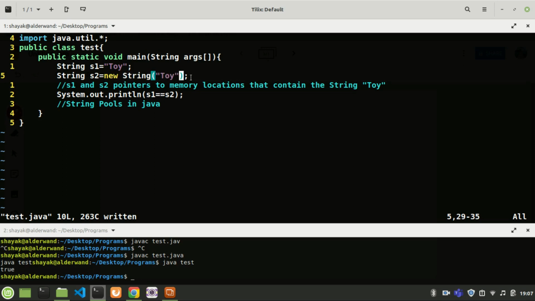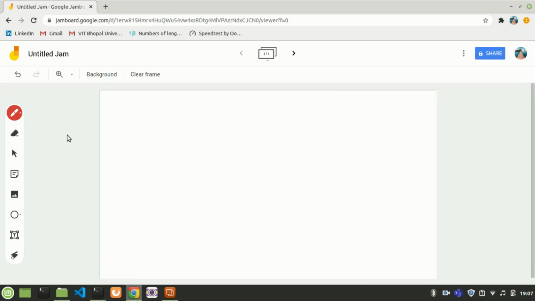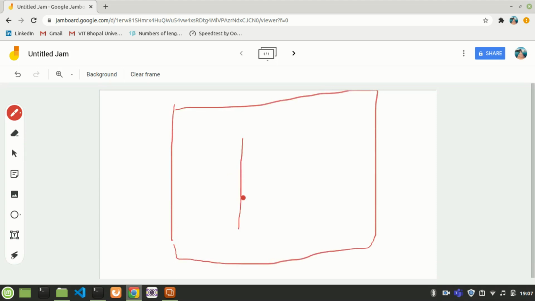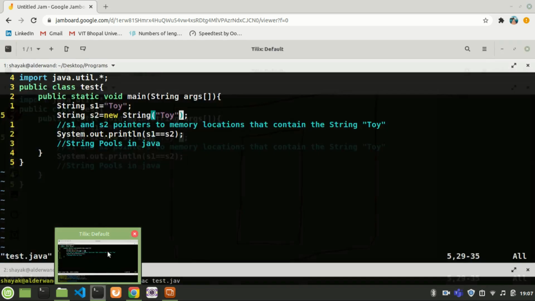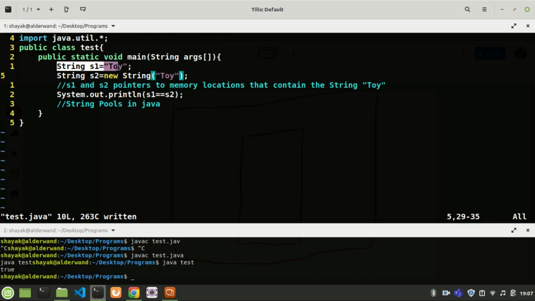Just create a new string object and return the address of that to s2. So in this case again, if this was the heap, this was the string pool, when we execute this line, s1 = "toy",